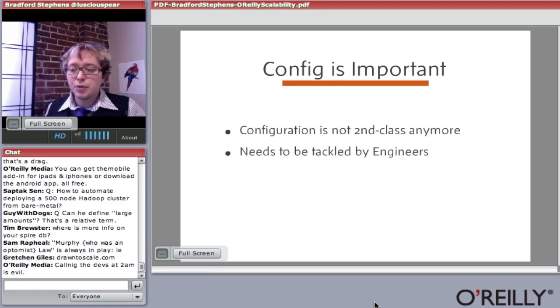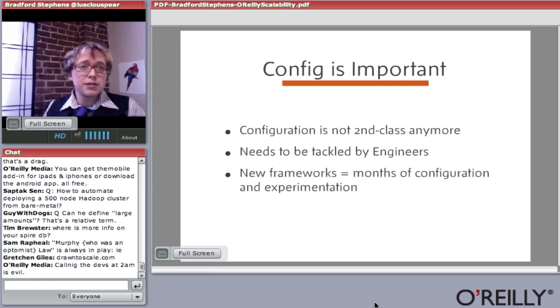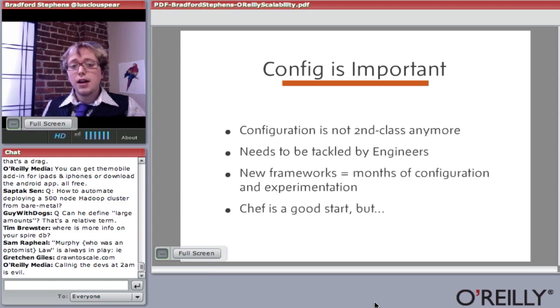And some of this is a problem with the open source world in general, where documentation isn't as good as it should be. But a lot of times you'll have ops guys trying to configure garbage collection parameters, and that's something that really needs to be handled by engineers. Engineers have to both set up the systems and actually build code on top of them.